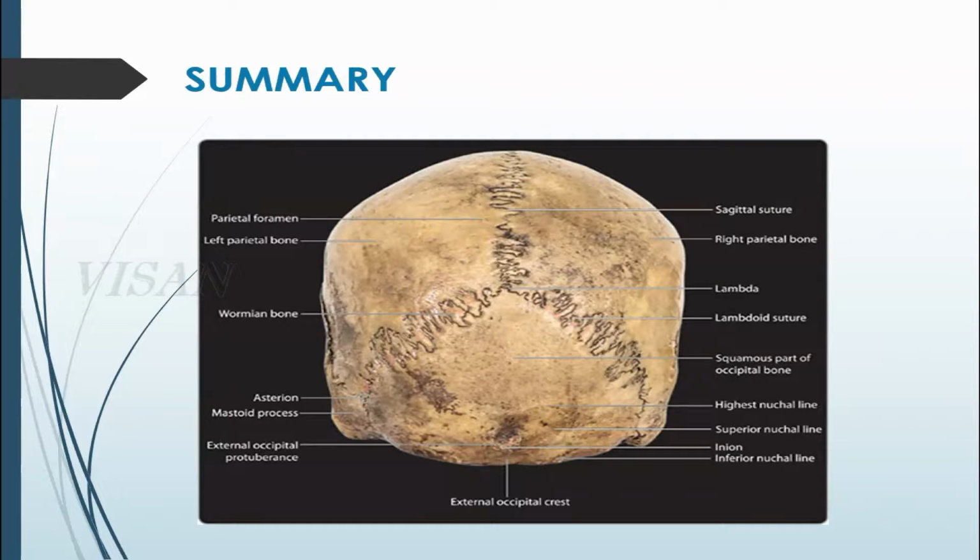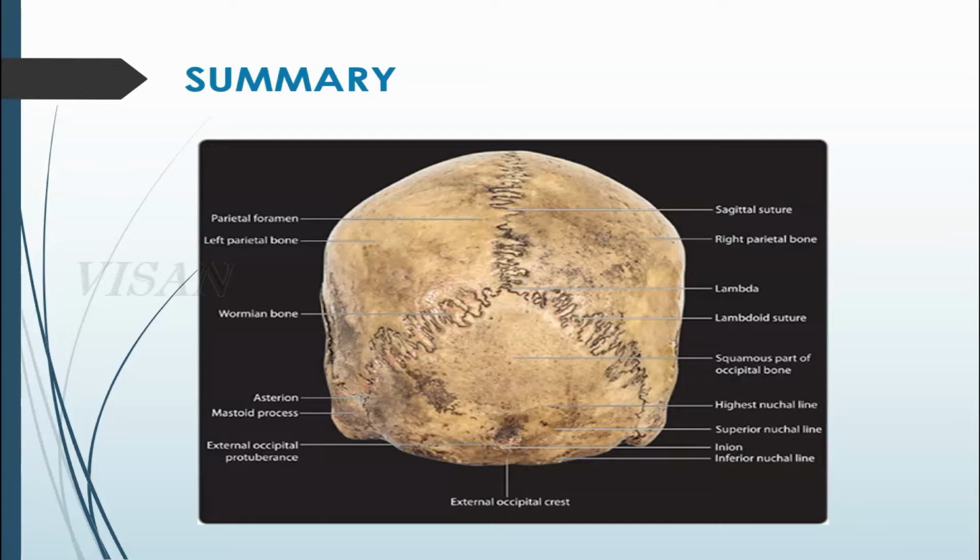We can see the summary of Norma occipitalis. Norma occipitalis is the posterior view of the skull. It is almost horseshoe in shape. The bones seen are a pair of parietal bones, the occipital bone, and a pair of mastoid processes of the temporal bone. The sutures seen are the lambdoid suture, sagittal suture, occipitomastoid suture, and parietomastoid suture. In the lambdoid suture especially, we can see small isolated irregular bones present within the suture, called sutural bones or Wormian bones.